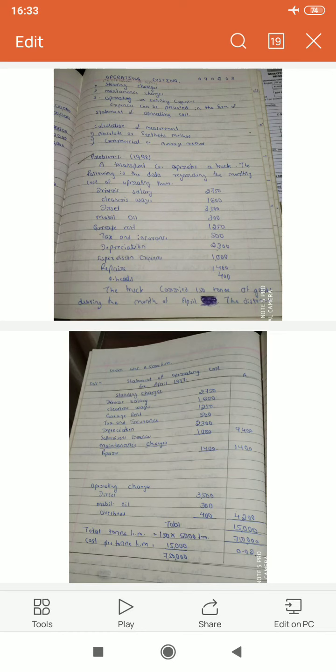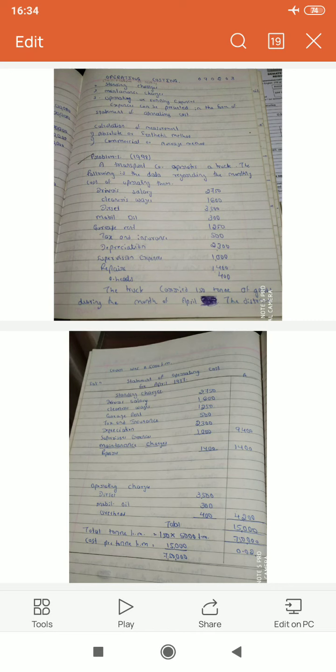But it does not always hold good, because for calculating depreciation, you take into consideration cost of asset plus installation charges minus scrap, divided by working life. If the working life is expressed in number of years, then depreciation would be per annum. That amount of depreciation can be included under the head standing charge or fixed charge. Here, depreciation per month rupees 2300 is given. Nothing wrong even if you include it under standing or fixed charge.